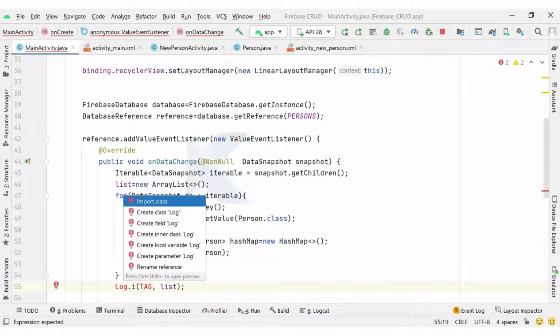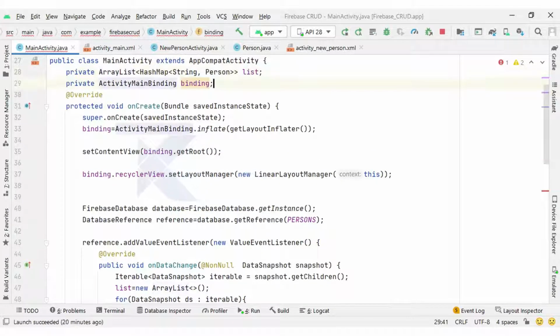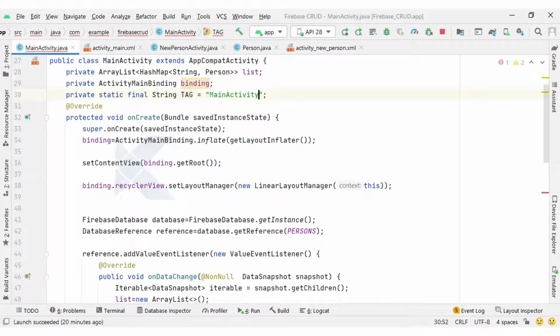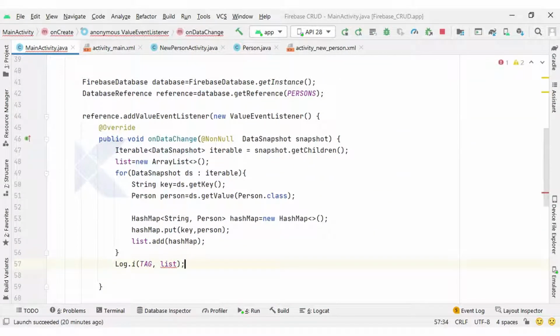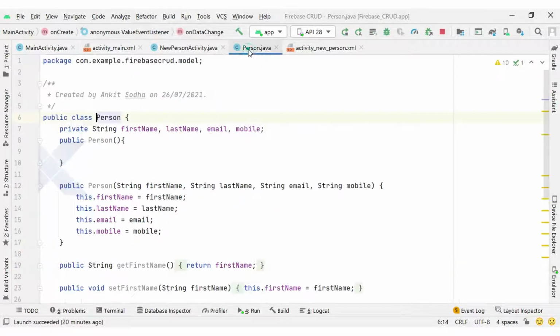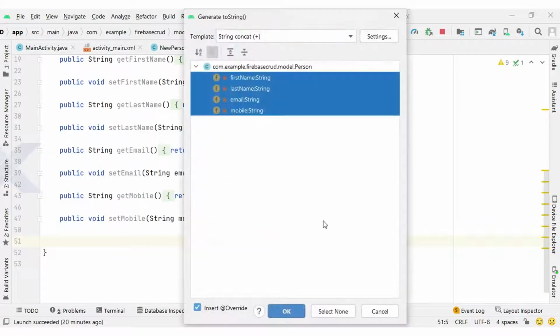So I will have the tag here. Logt is the shortcut for creating the tag. Then list.toString, and accordingly we can have the toString method inside the Person class as well, so we can check the output properly.